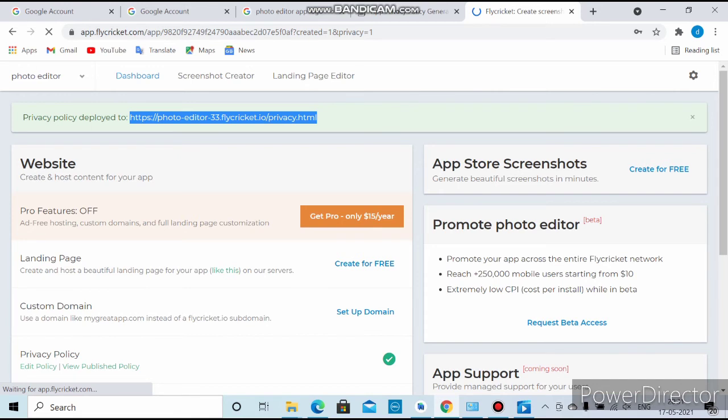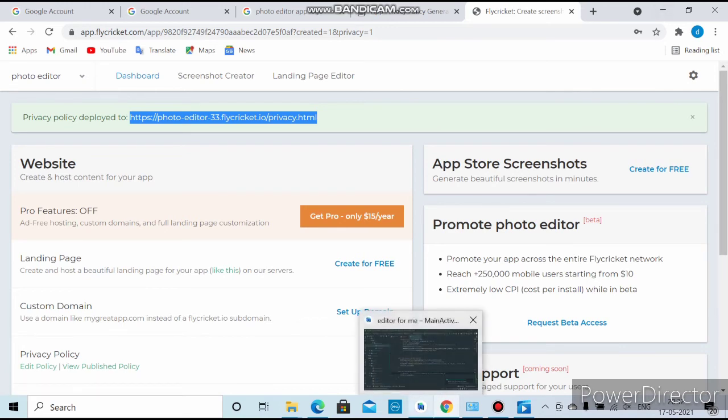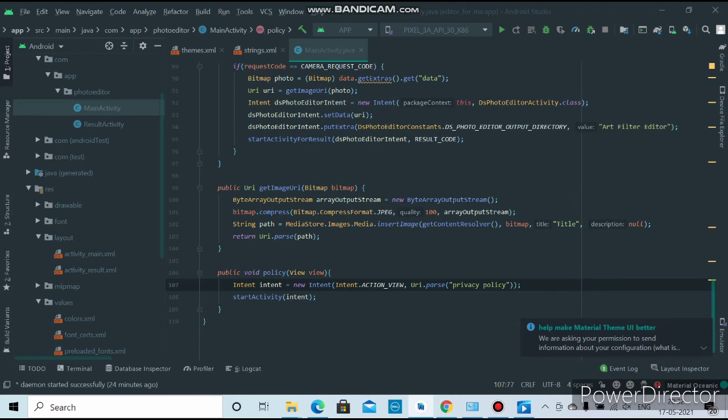You can copy this and paste this in your window, and you can see how it is looking. So I'll copy this and open it in Android Studio. I'll paste it in Android Studio. So this is the link. I'll copy from here and I'll go to Android Studio, and here you can see the privacy policy.